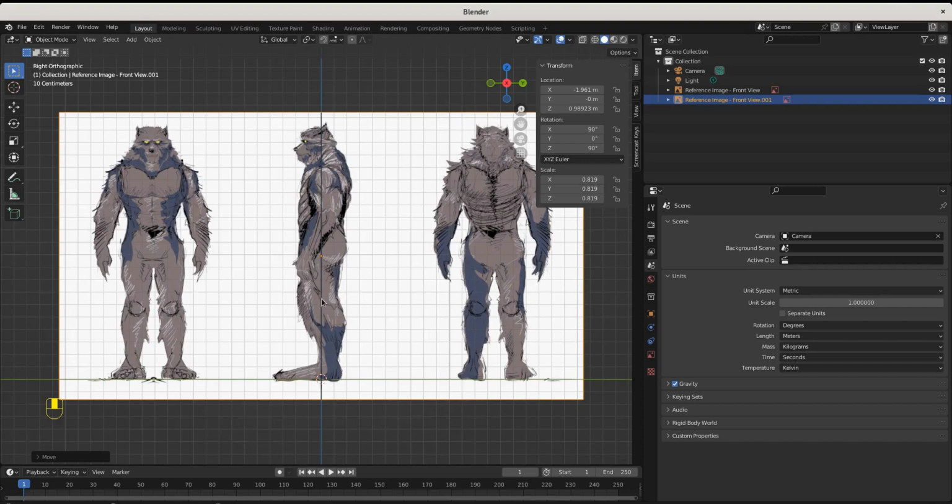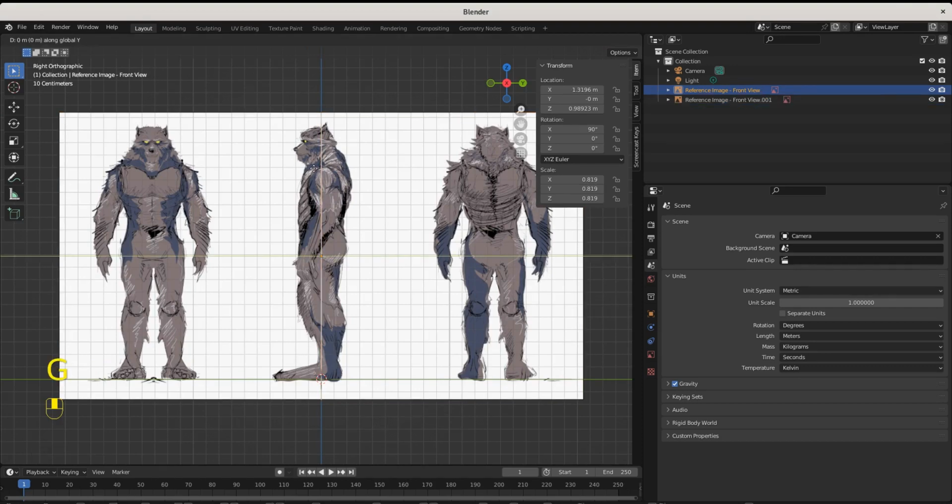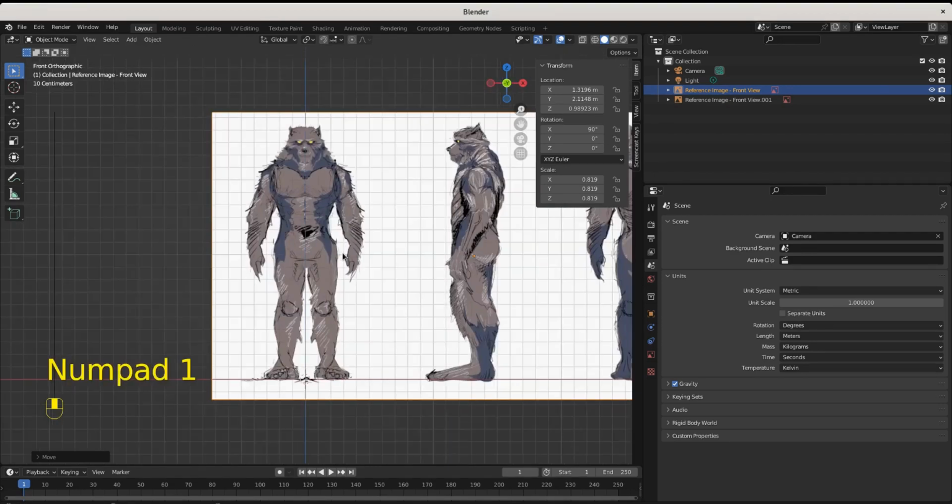We'll do the same thing with our front view. We're going to grab it and move it back on the y-axis back here. So now our model is going to be here, and we're not going to be able to touch the reference. It'll be behind what we're trying to do. Okay, fun little introduction.